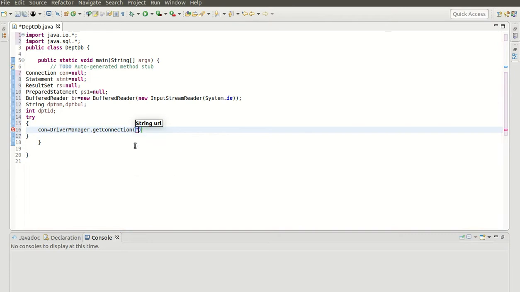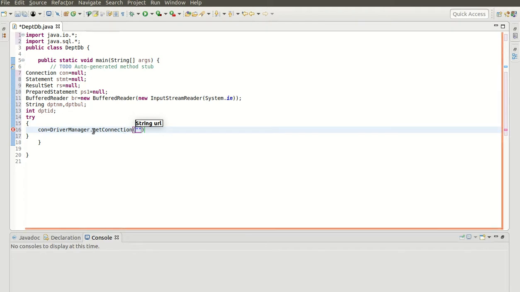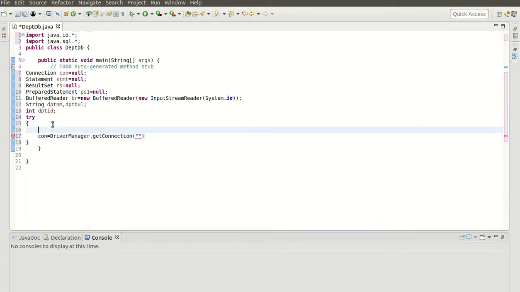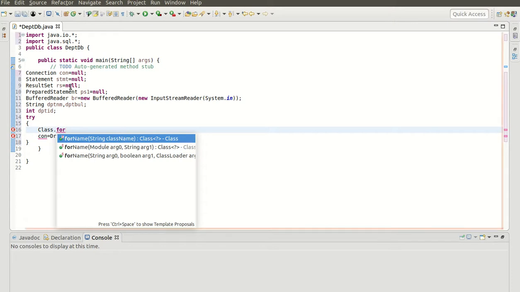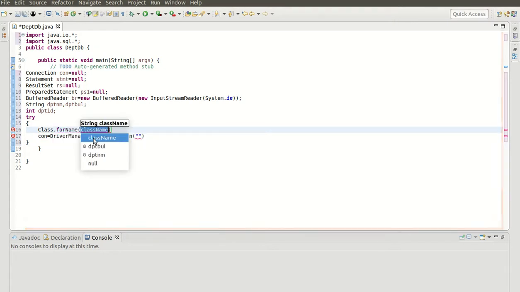Now what would be the connection URL? I have to write that connection URL in quotes. So we should have first the driver. Okay, so the first part of that URL is the driver. So which driver will we be using? Here we have to load that driver class with Class.forName, and we have to pass the string name of the driver. Now what is the string name of the driver?